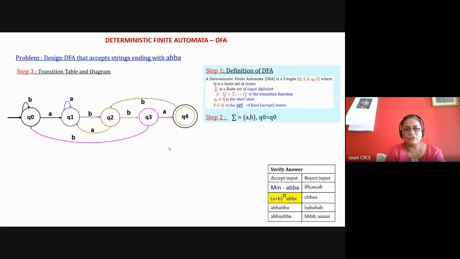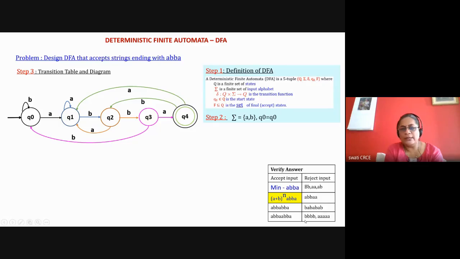have drawn the transition for B first. With A, it will go to Q1. Now with B, it is going to Q2. Okay. So because it is A, then B, and A. So with B symbol, it will go to Q2, and with A symbol, it will go to Q1. Okay. So now you verify your answer.